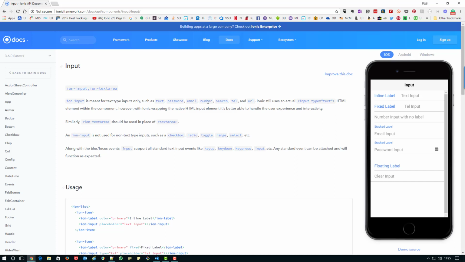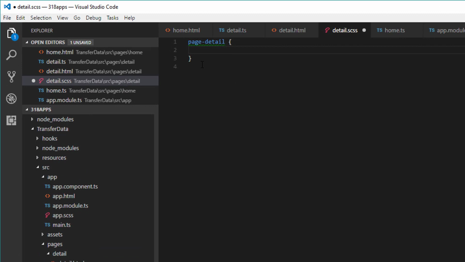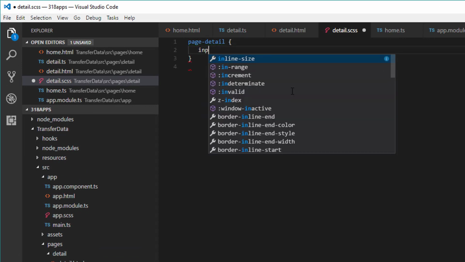And the way in which we're going to do it is we're going to change the CSS. We're just going to selectively change it when it is a number and not of any other input type. We don't want to generally apply our changes to all input types. So what we'll do is we'll go to the CSS file for the detail page and make our changes there. So we're going to change inside the detail SCSS file what we're going to do with an input. So input,